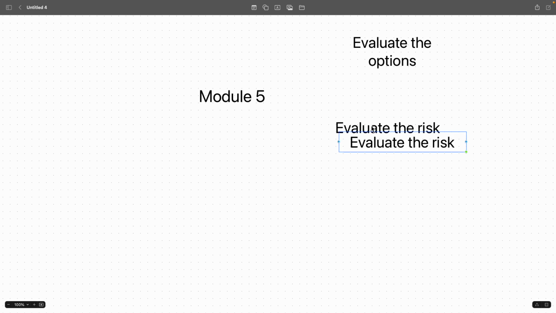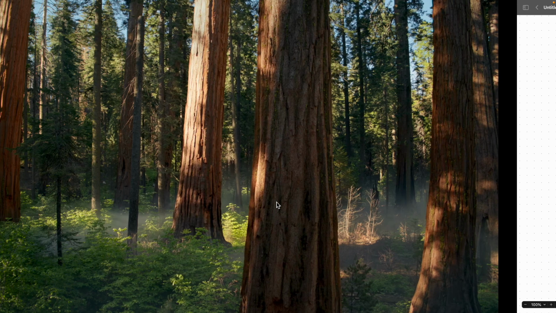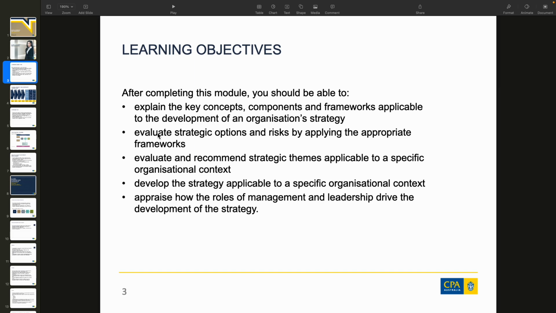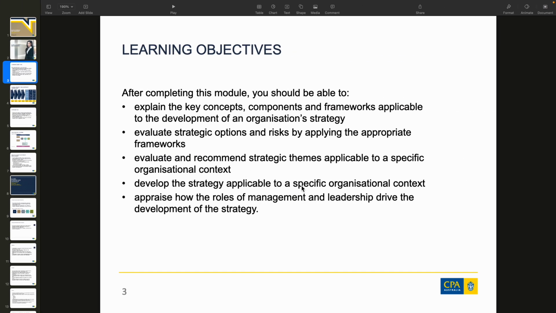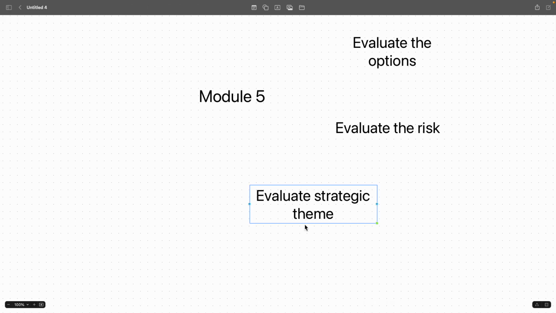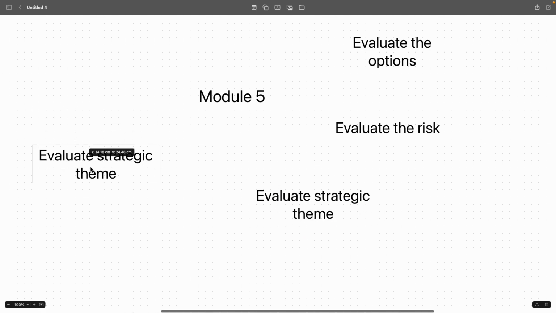Number 3 is going to be about, so that's evaluate risk, evaluate options. Okay, then evaluate recommended strategic team applicable to specific context. So evaluate team. Develop strategy applicable to specific organization context. Okay, the last one is to